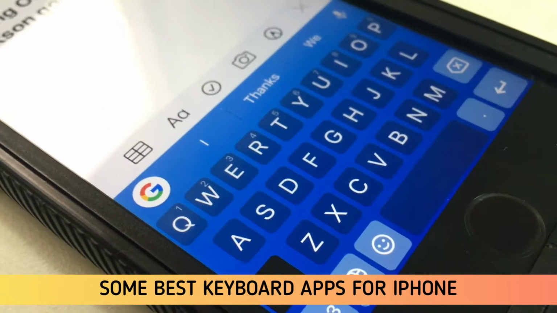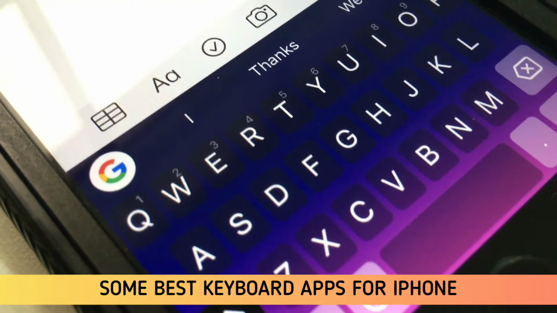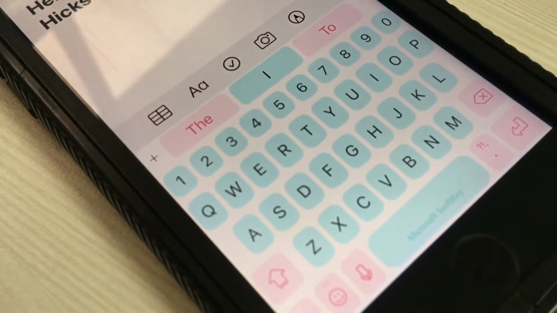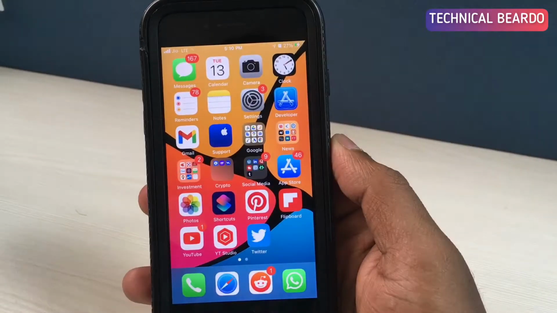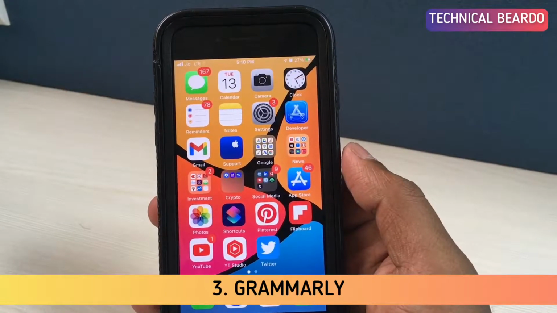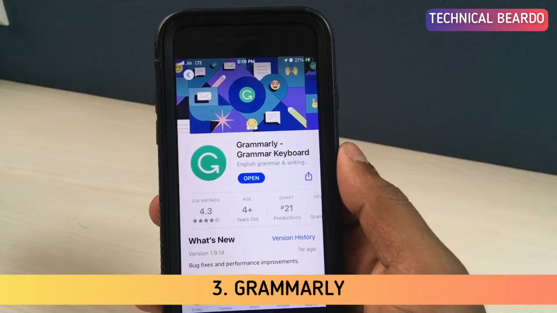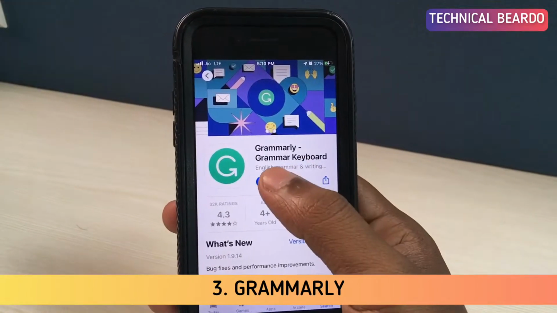Today in this video, I'll be talking about some of the great and amazing keyboard applications for your iOS devices. So let's start the video and let's see. Guys, here the main focus will be on how easy and well to use they are, and the features which are available with the keyboards which are helping you to work more or give more out of the keyboard.